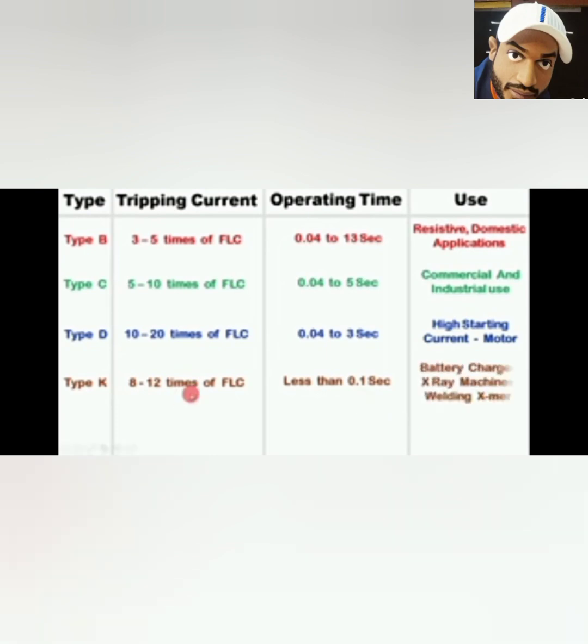This K type MCB is used in battery chargers, X-ray machines, and welding transformers. After this, in Z type of MCB, tripping current of this MCB is